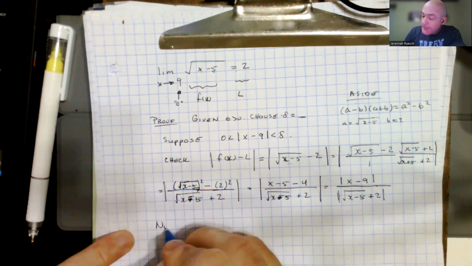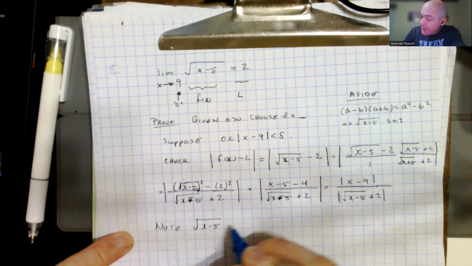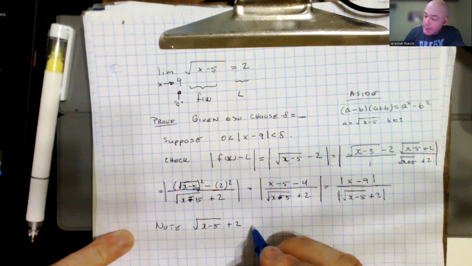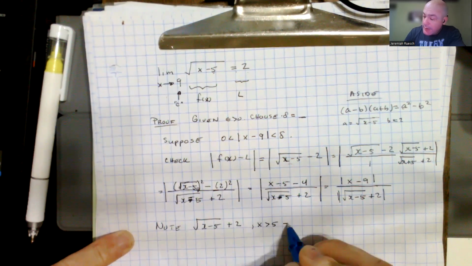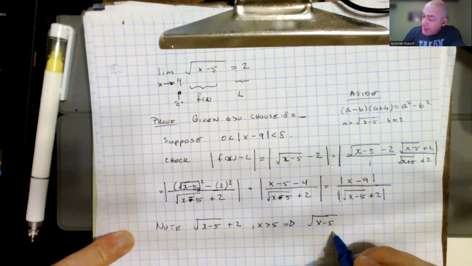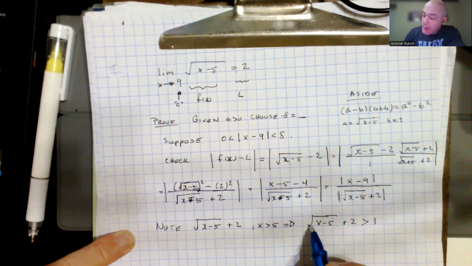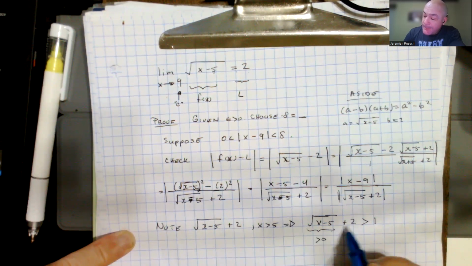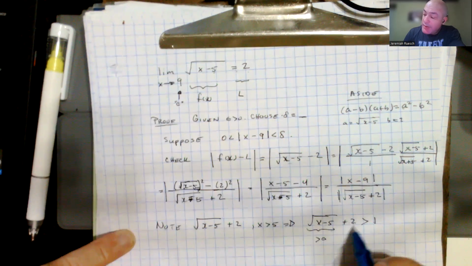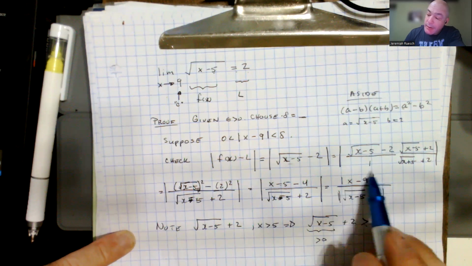Note that the square root of x minus 5 plus 2, for the domain of this function f of x, where x is greater than 5, implies that the square root of x minus 5 plus 2 is always strictly greater than 1, because the square root is always greater than 0, and adding 2 to it, 2 is bigger than 1, then we're adding a positive number to it. So this is always going to be bigger than 1,